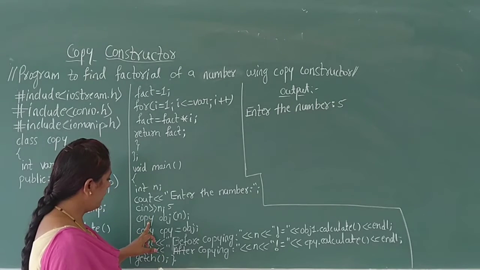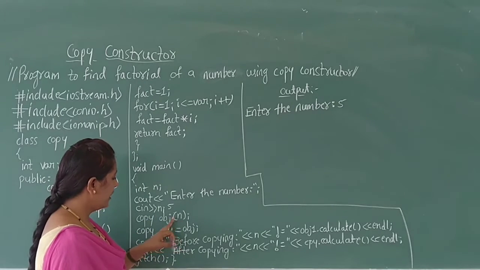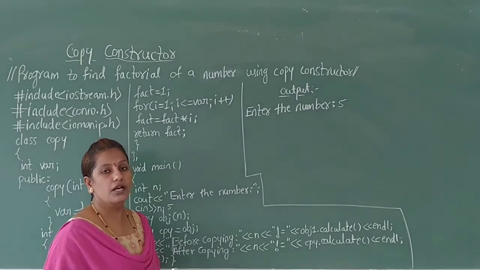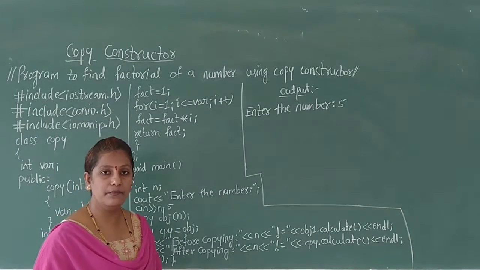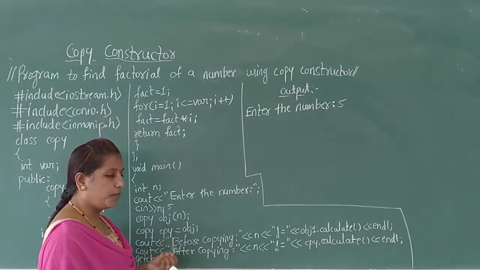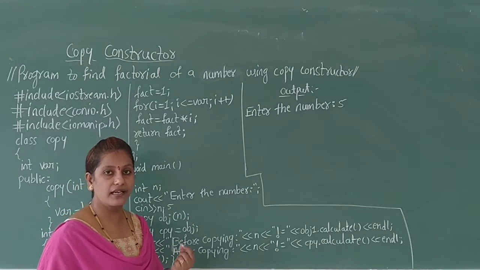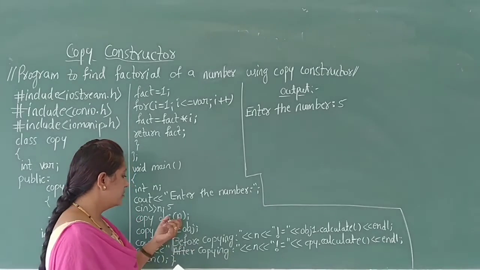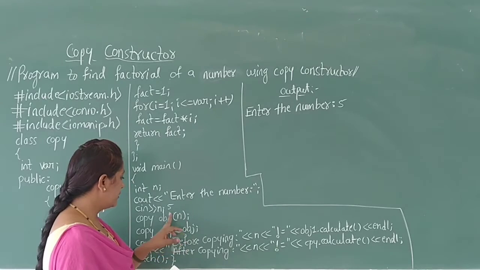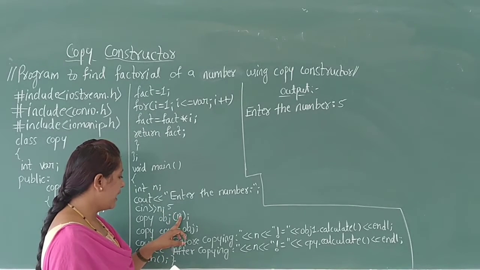Next, copy obj of n. Here the copy constructor is invoked automatically using implicit call, and when new objects are created, the already existing object values are copied. Here the already existing object is n and it is copied to the object